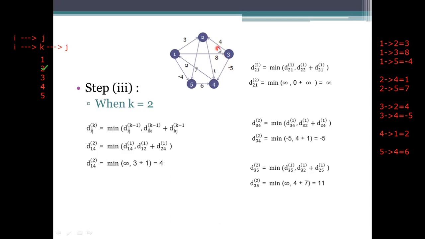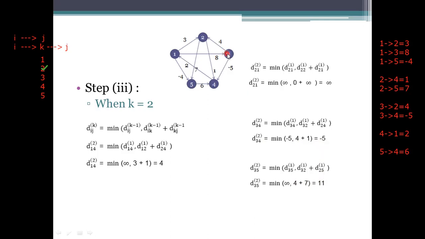3 to 4 we need to calculate. 3 to 4 means, since there are 3 2 and 2 to 4. So here the edge we are having is -5, and then calculated is a +5. Whatever value you are presenting, it should consist of the greater value. If you are taking the minimum, it won't be updated, because when any positive value is compared with a negative, the negative value will be the minimum. Since we will get the negative value as the minimum only, that's why we will calculate the 1 5 also.